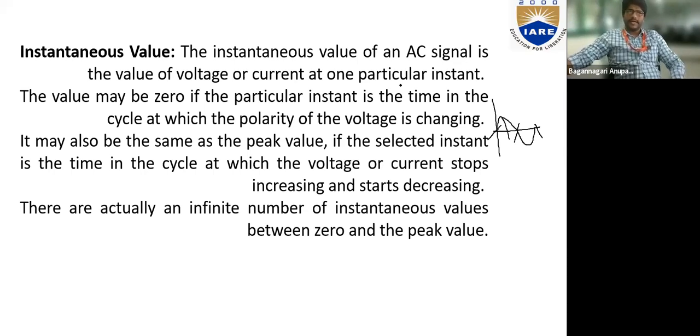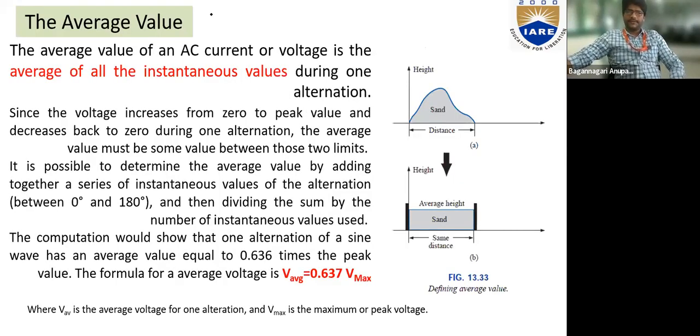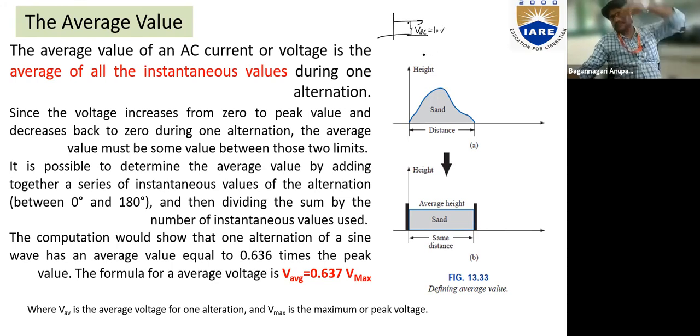So coming to the next, average value. This is one of the fundamental and important values of an AC quantity. So in general, when you consider the AC waveform or a DC waveform, what elements do you have in a DC? Suppose this is a voltage in a DC circuit, we generally define this magnitude as VDC. Suppose it has a certain magnitude, it remains constant. Let me say that the voltage VDC is equal to 10 volts.